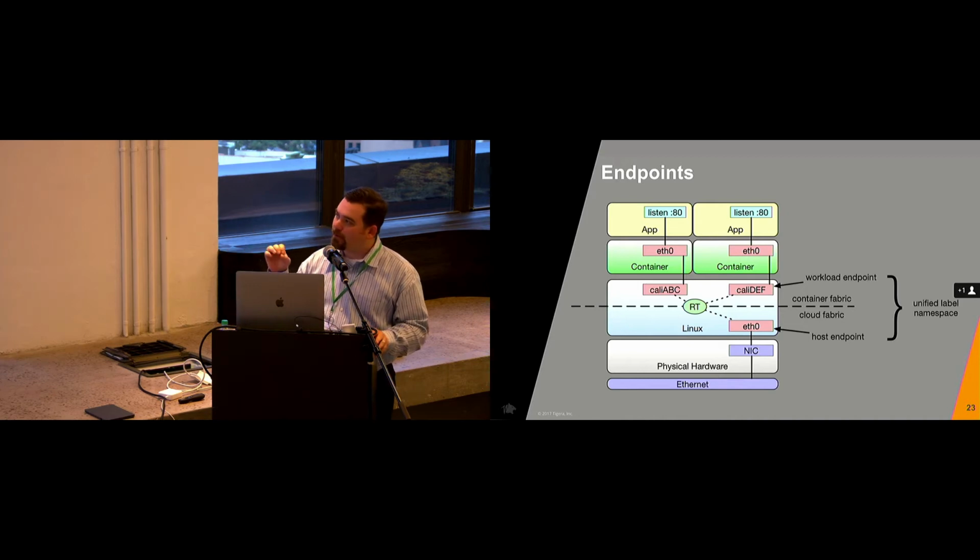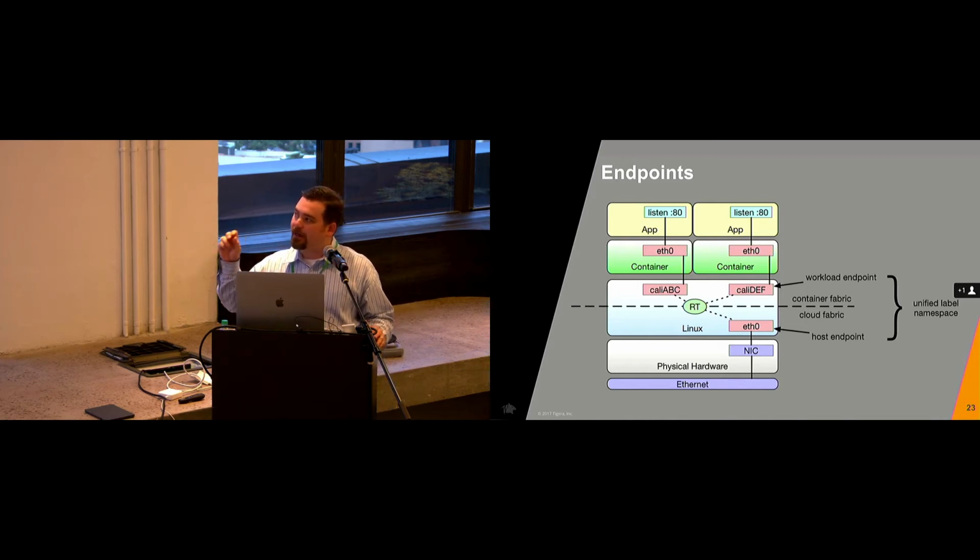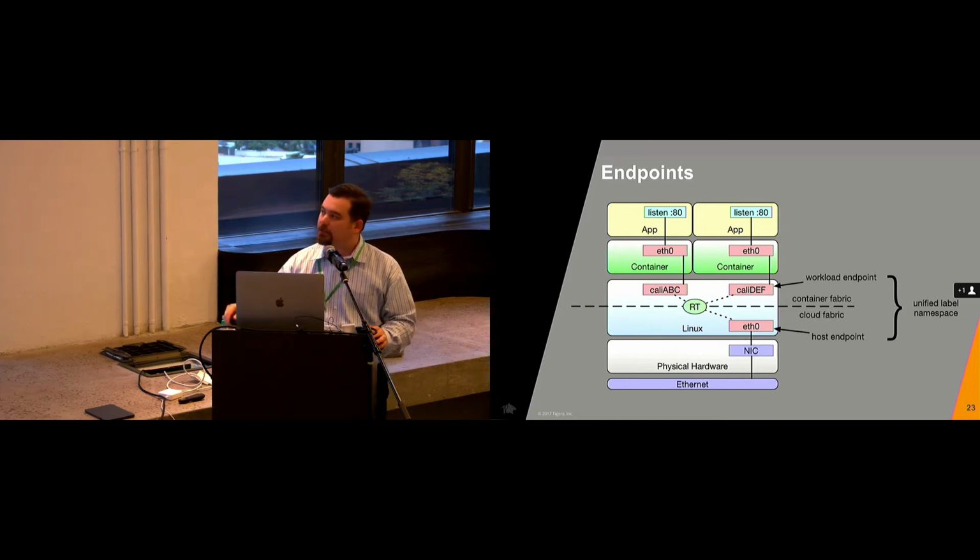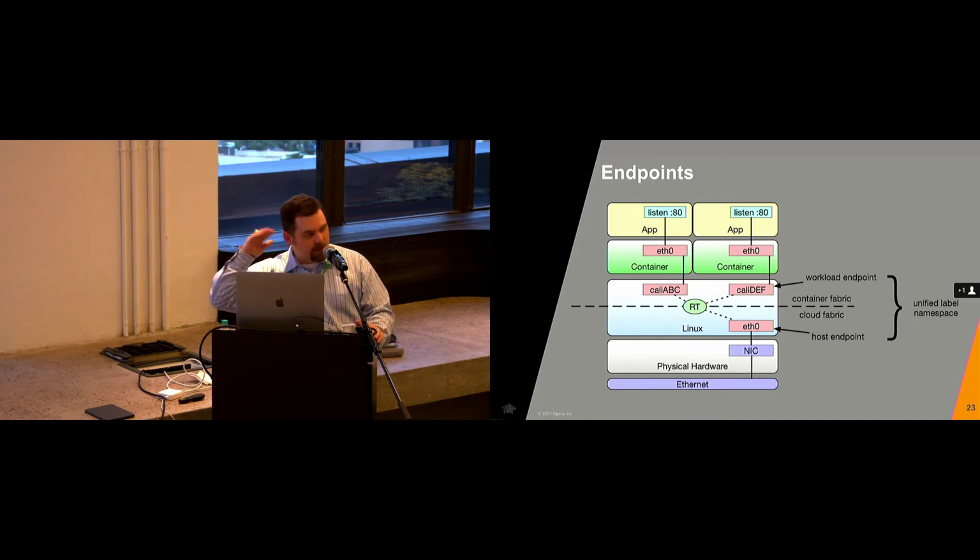And so the way that we implement network connectivity in a container is we typically use a virtual Ethernet pair, and we hang one end of that virtual Ethernet pair into the container, and we call it ETH0, and we hang the other end into the root network namespace in the kernel, and we call that, for example, Cali, some name of an interface. We always deal with network interfaces that are actually in the kernel, not in the container.